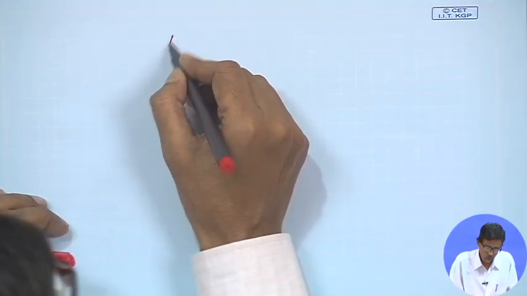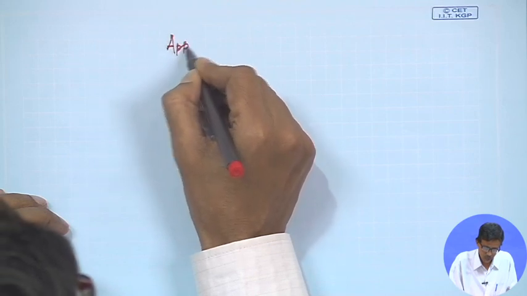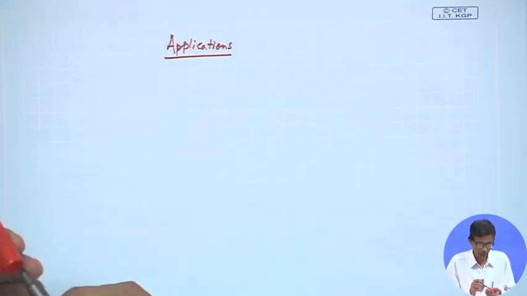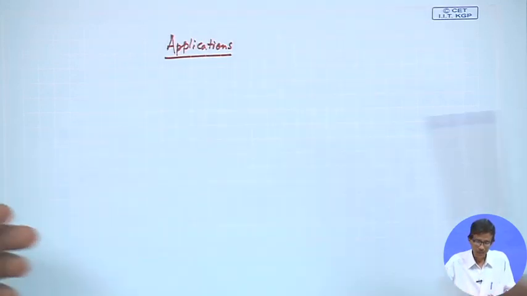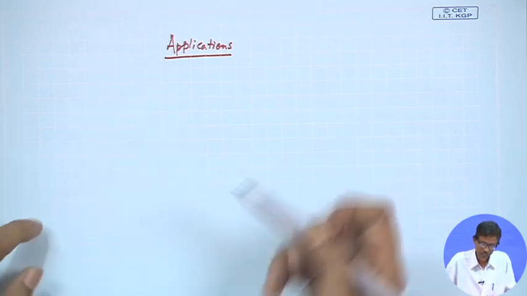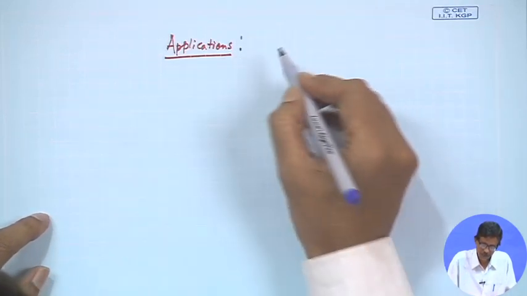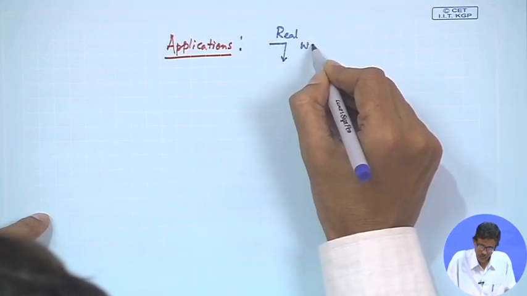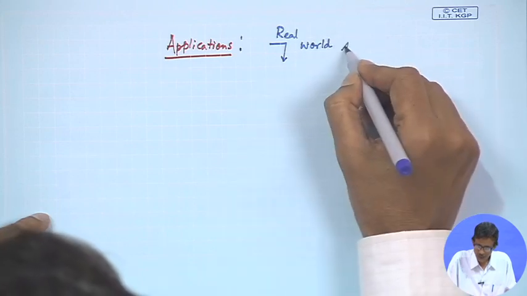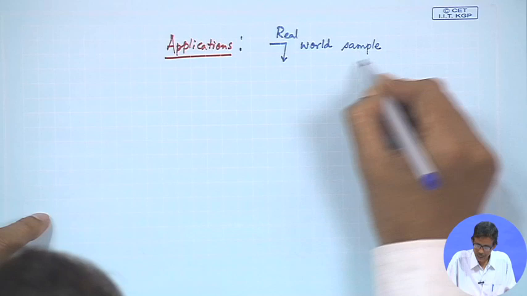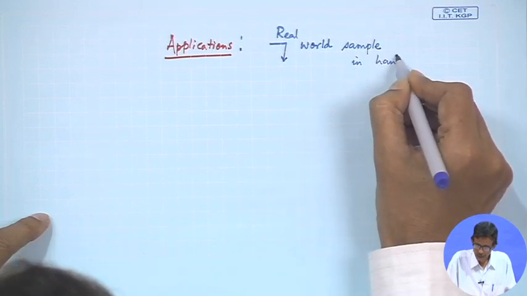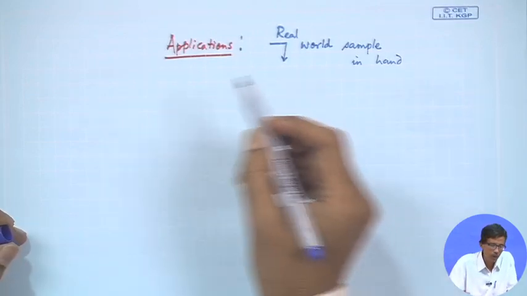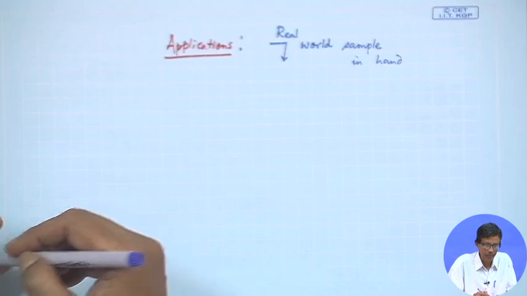So now we slowly move on in this last class. Initially we will talk about the applications of sensors, in a broader respect of electrochemistry, and then how we handle these applications for real-world samples. If we have a real-world sample in hand, how can we monitor it? So, analysis of real samples is also a practical aspect of analytical chemistry.